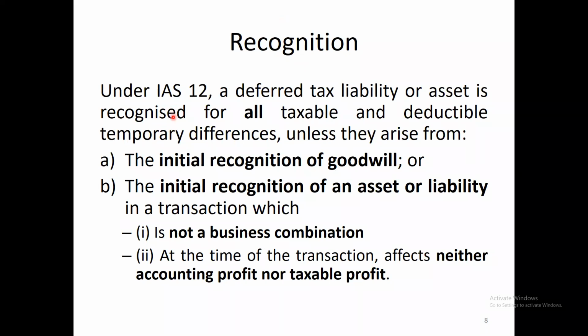Under IAS 12, a deferred tax liability or asset is recognized for all taxable and all deductible temporary differences, unless they arise from the initial recognition of goodwill, which we don't account for under IAS 12, and the initial recognition of an asset or liability in a transaction which is not a business combination,